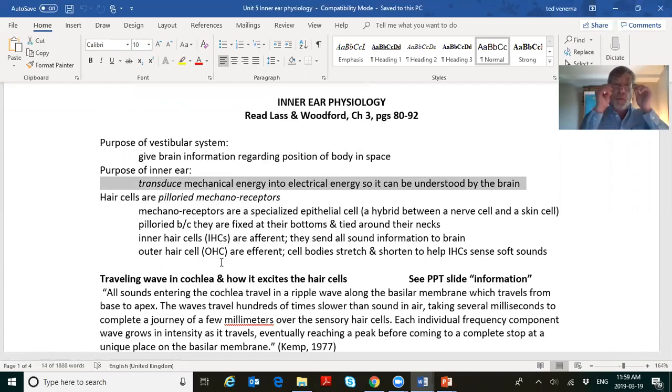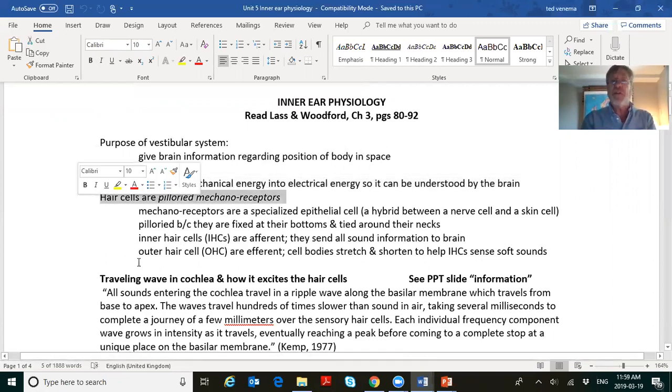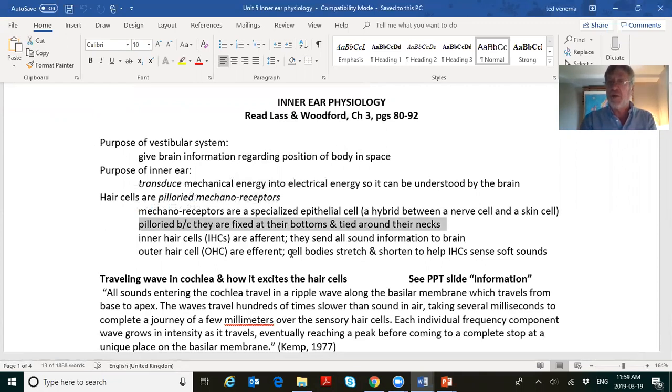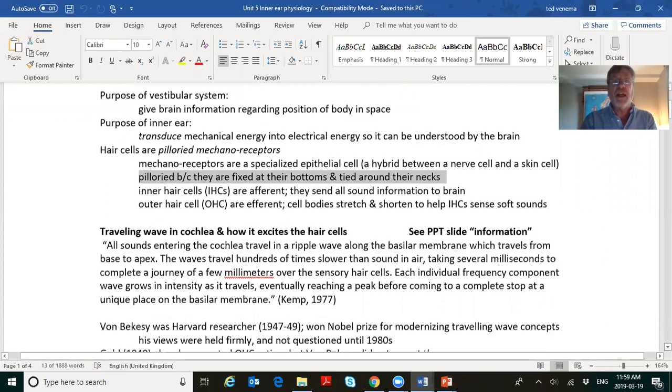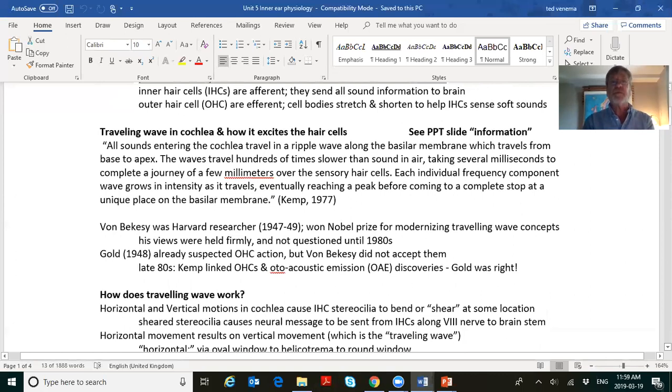Hair cells are what we call pilloried mechanoreceptors. They're pinched off at the necks, in other words. So they're pilloried because they're fixed at the bottom and tied around the necks. Okay, the stereocilia are in contact with endolymph and the cell bodies are in contact with cortilymph. Okay, now read the paragraph. What happens when the footplate of the stapes pushes in and out of the oval window? It creates traveling waves